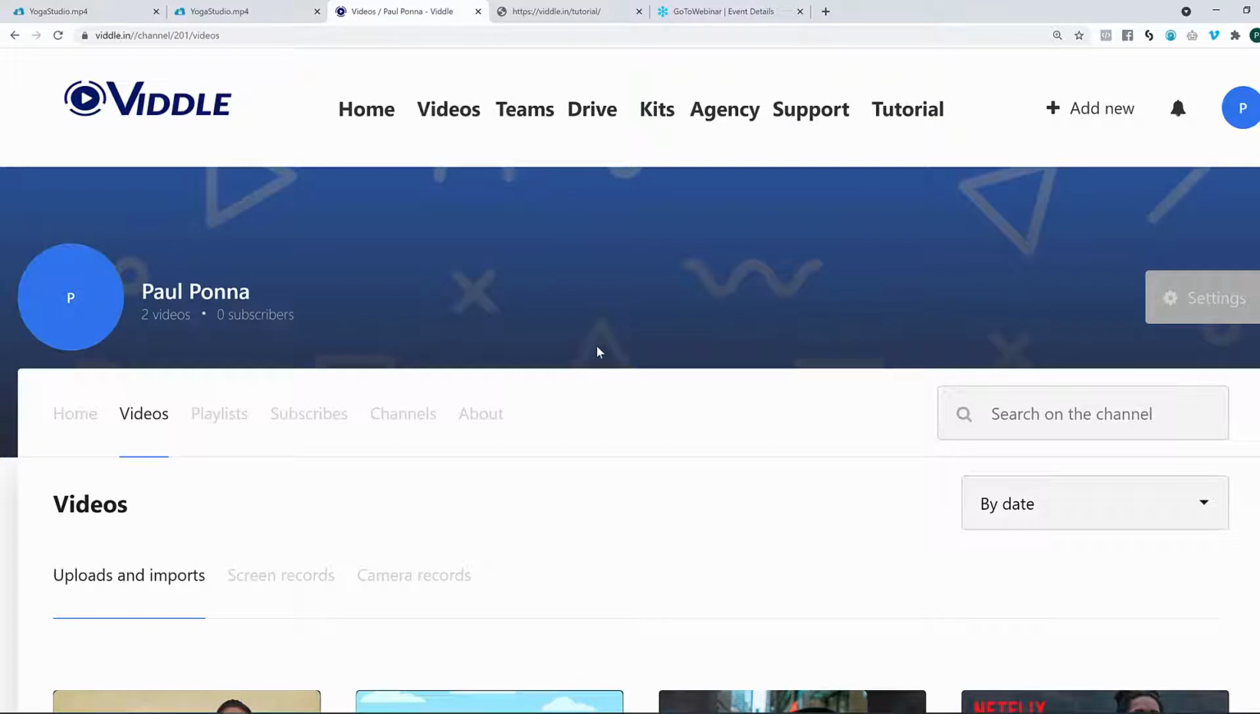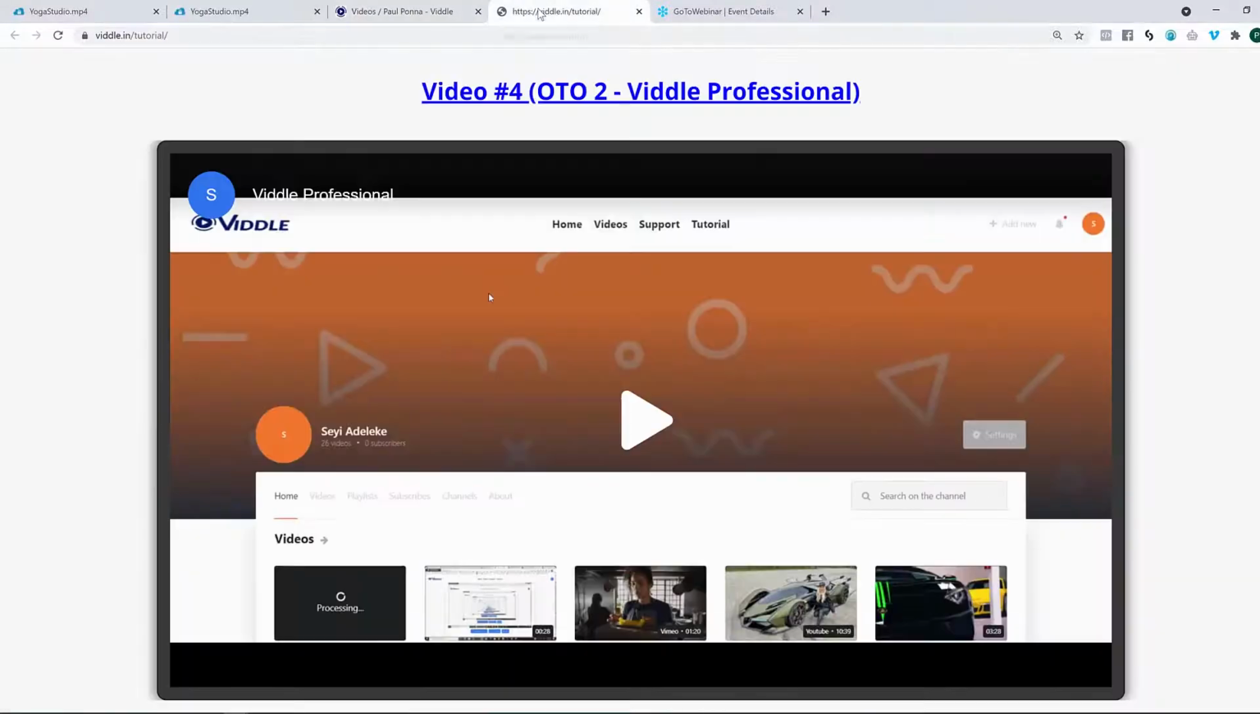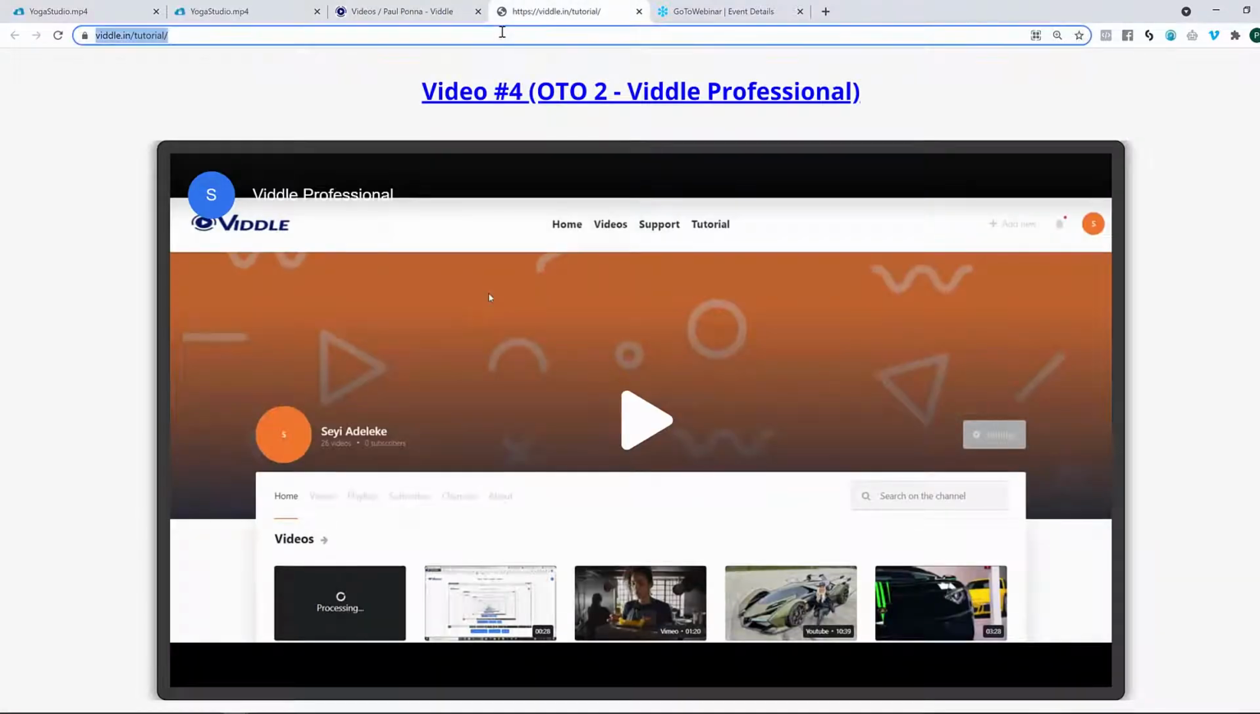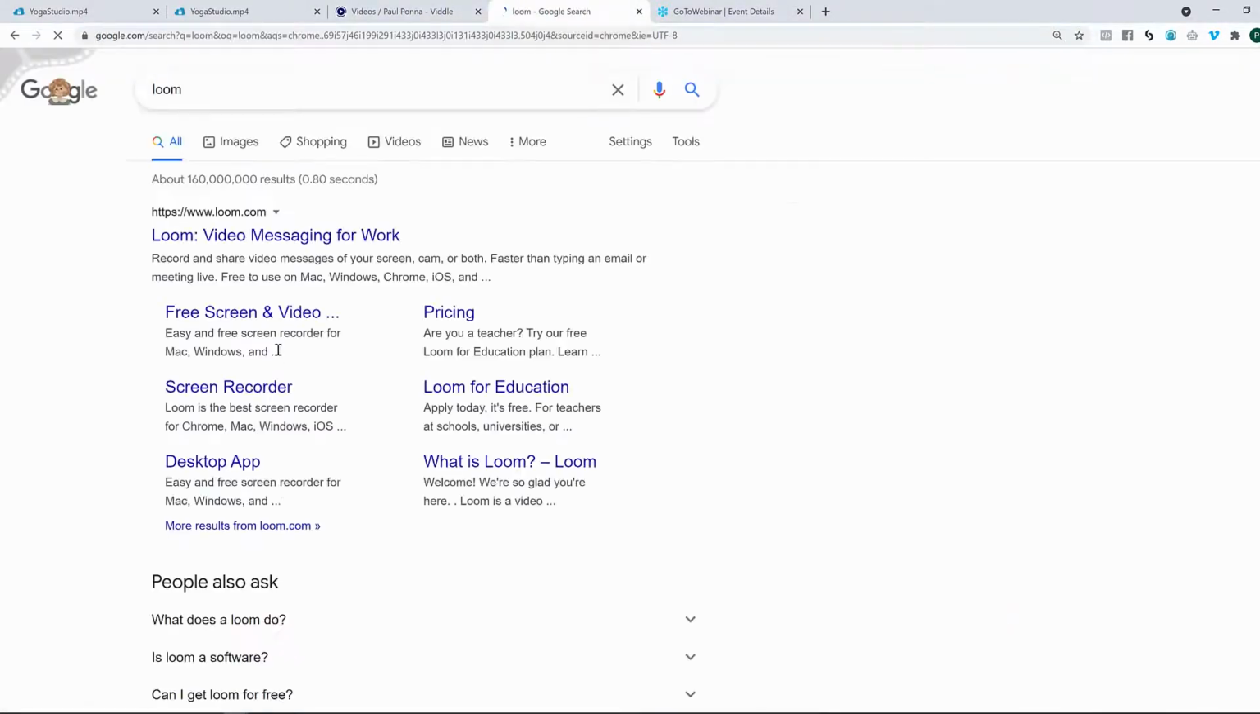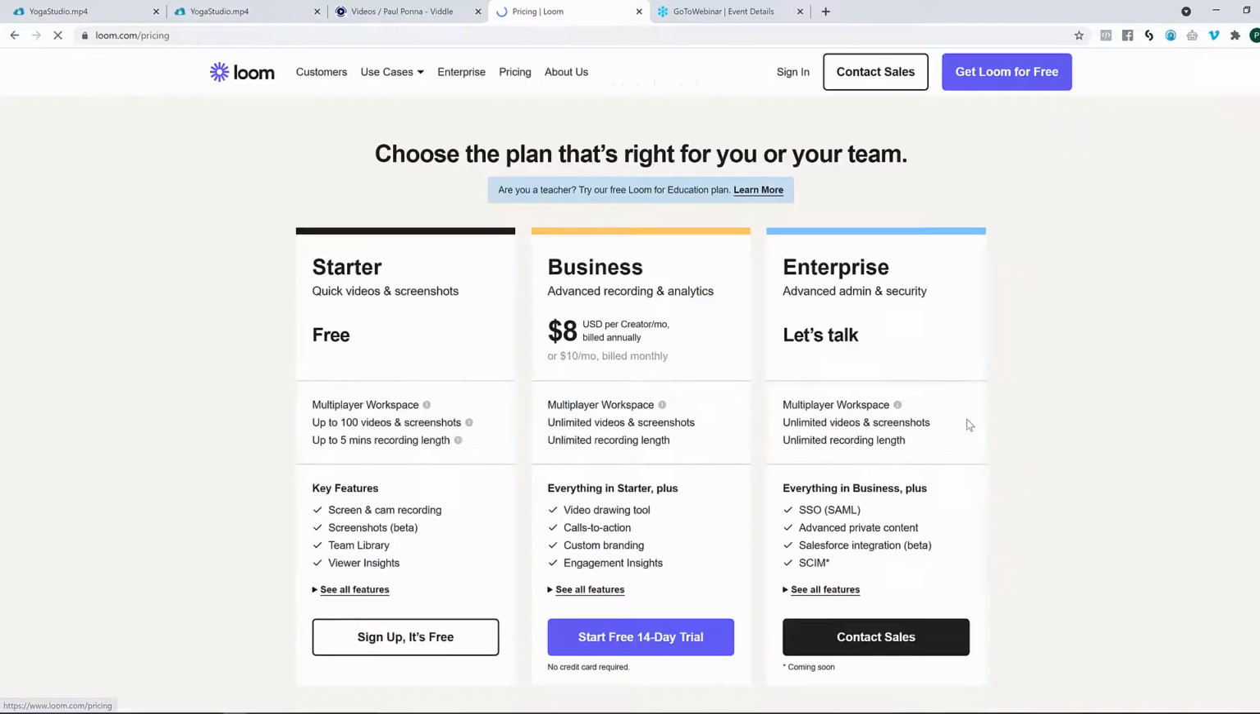So there are two components that I would like to recommend you to do today. And again, the beauty is you can do it to your heart's desire. The first one is, look at it this way. If you go into Loom, the company Loom, and you go to pricing,